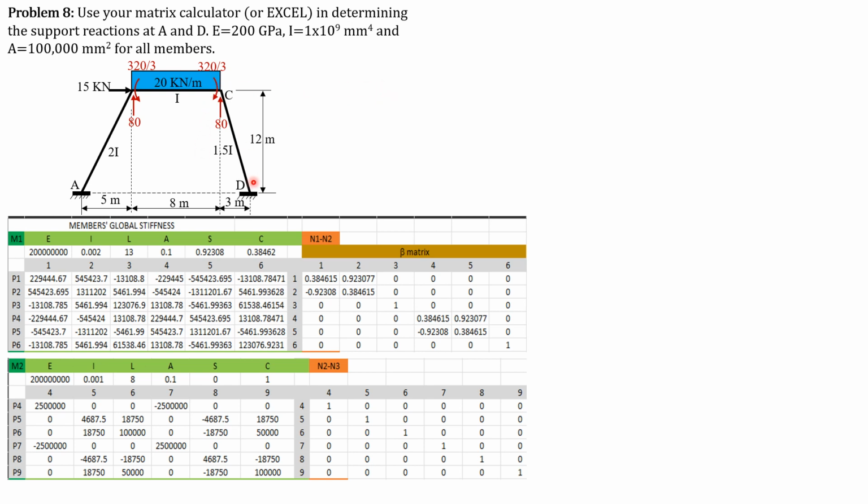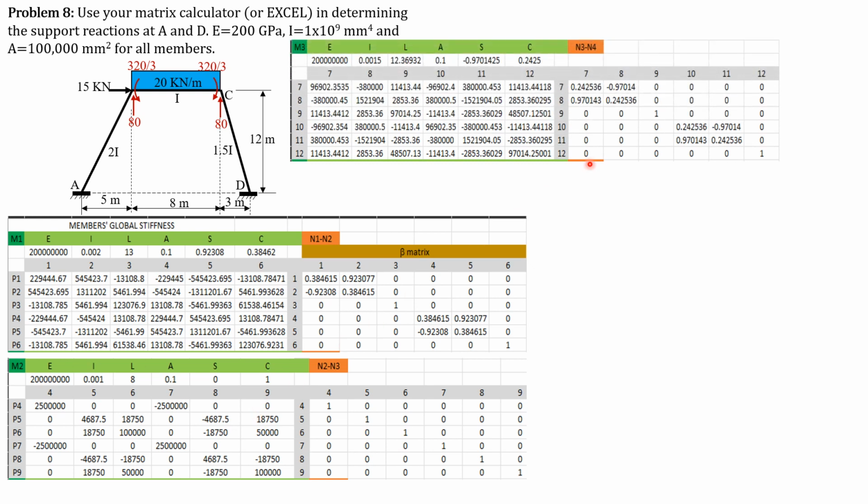Then for member 3, the sine is negative 12 over square root of 3 squared plus 12 squared, which is 3 square root of 17. So that would be negative 4 over square root of 17. And this will be the generated stiffness. E, moment of inertia 1.5 times 0.001, so 0.0015. The length is square root of 3 squared plus 12 squared, or 3 square root of 17 in meters. Area 0.1 square meter.